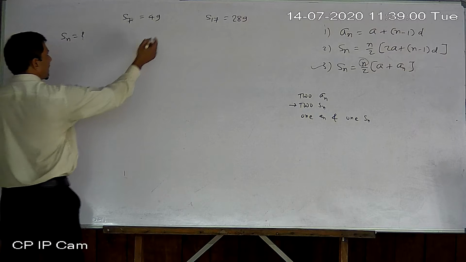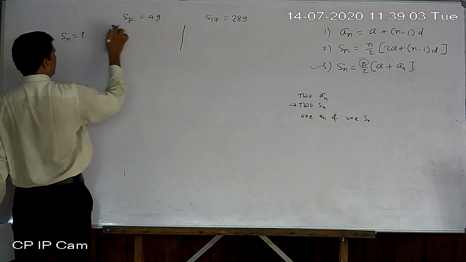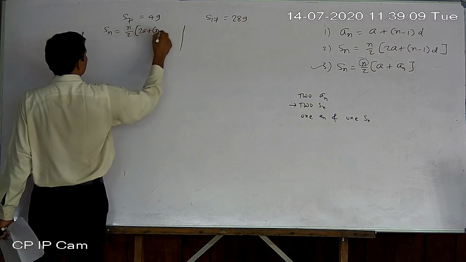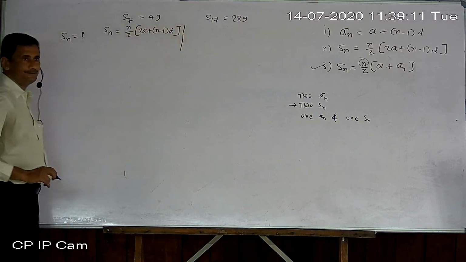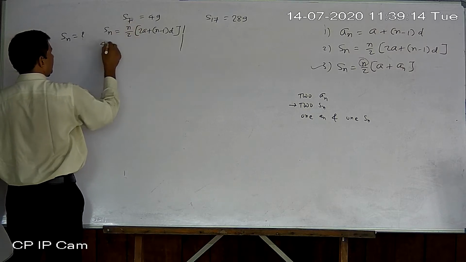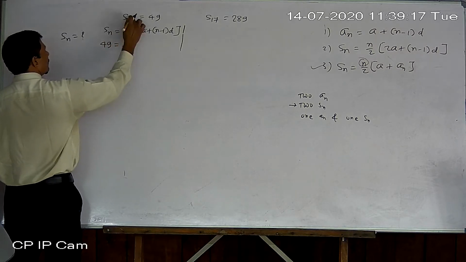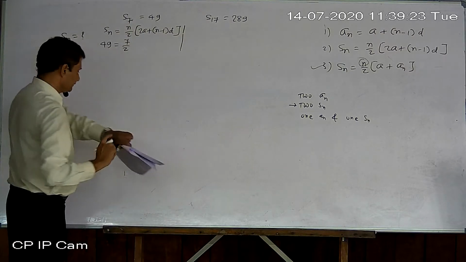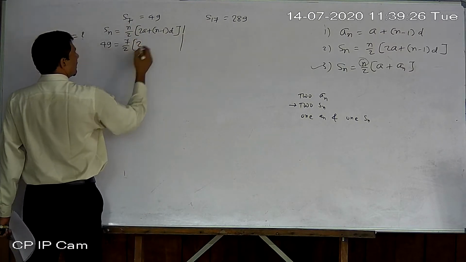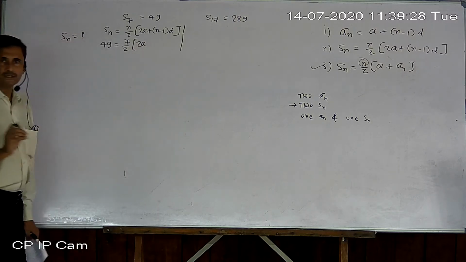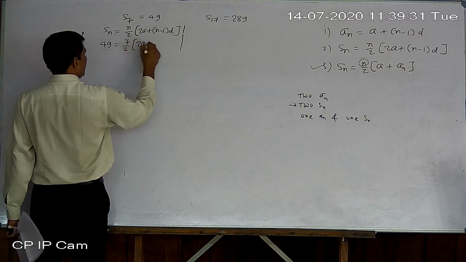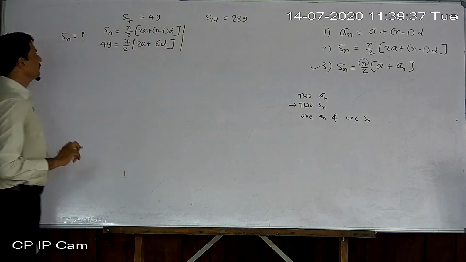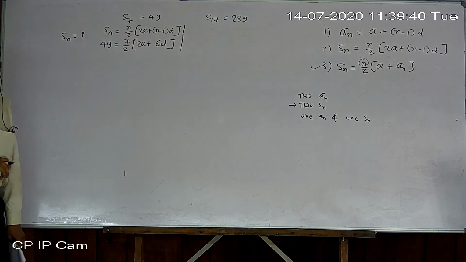So now write down both equations, but here directly cannot be written, so use that formula. Then only you can find equation from the data. Now Sn is given 49. n itself is 7. Why? Whatever number given in subscript, it is n. Now write down value of whatever variable you know. So a is not given, n is given 7. So 7 minus 1, 6. So you get 49 equal to 7 by 2, 2a plus 6d.